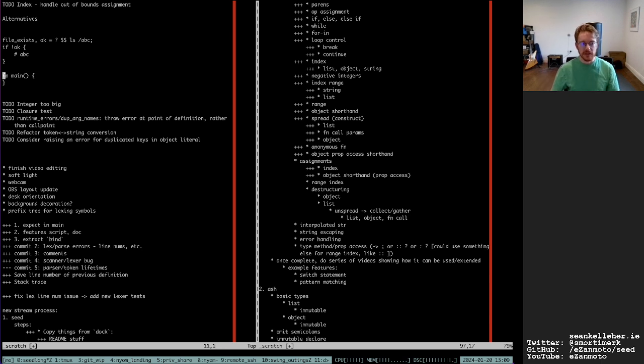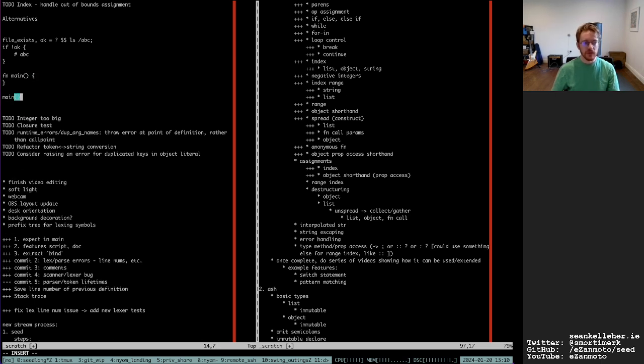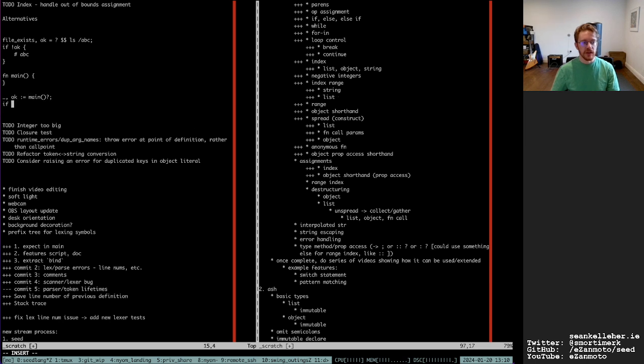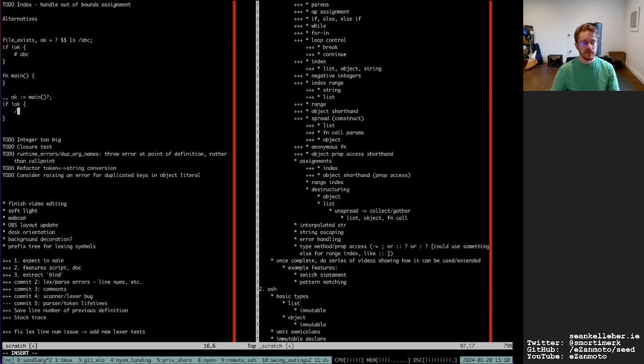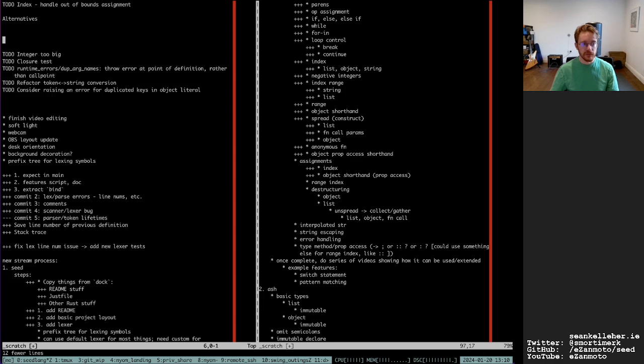So I think it's good practice to put the majority of your program in the main function from the get-go, and then that will allow you to, when you do call main, have a catch-all, shall we say. This is essentially a try-catch, and you would say, if not okay, then do your cleanup. But then the only thing is you don't have access to all the values that would be in scope.